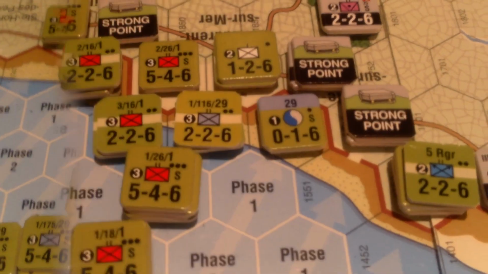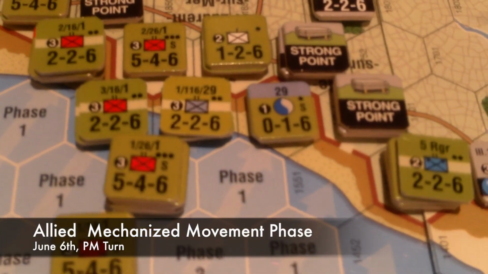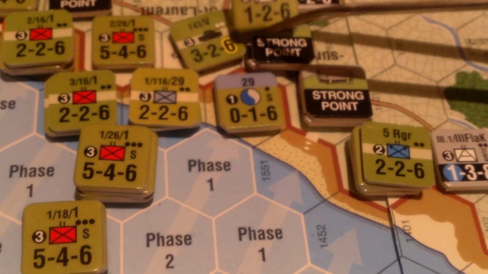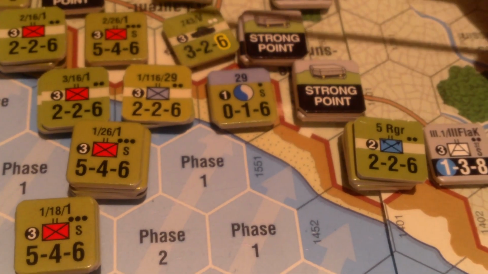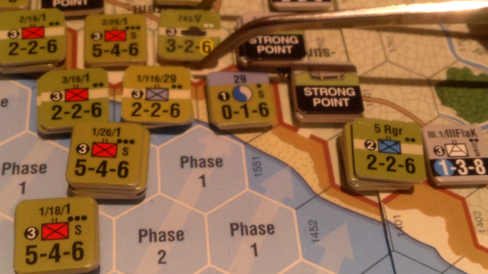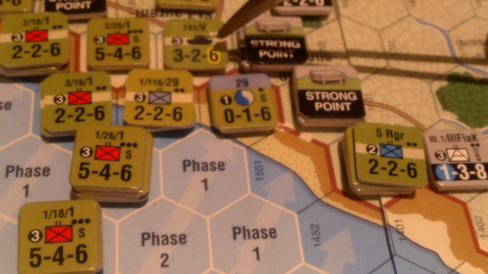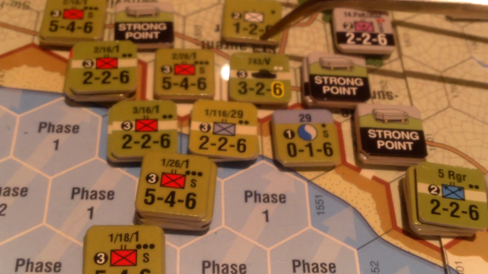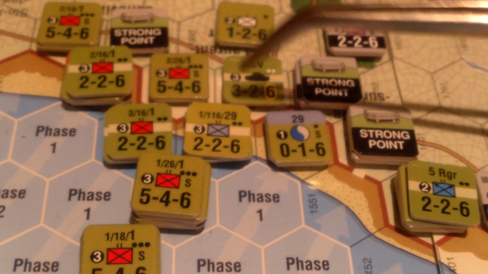Alright. The next phase is the mechanized movement phase. So any mechanized units can move. Yellow colored mechanized units can move up to half their movement allowance. There are blue mechanized units, they're like recon type units. They can go their full allowance. So this guy's in a zone of control. I don't really want him to